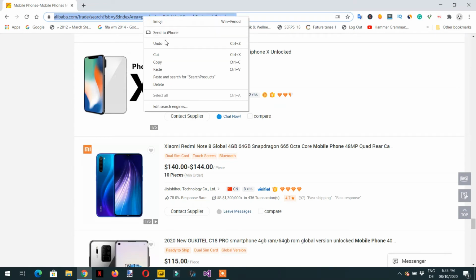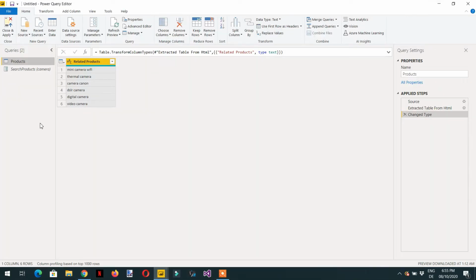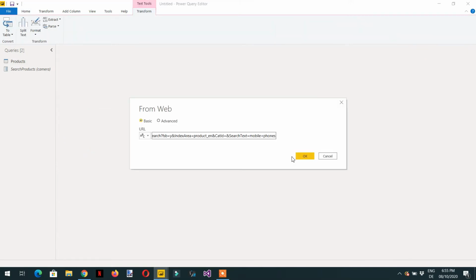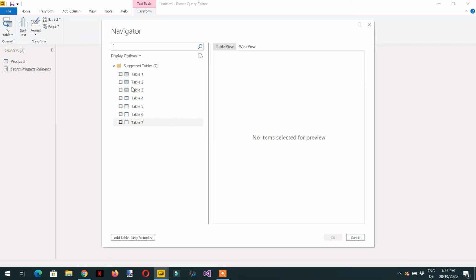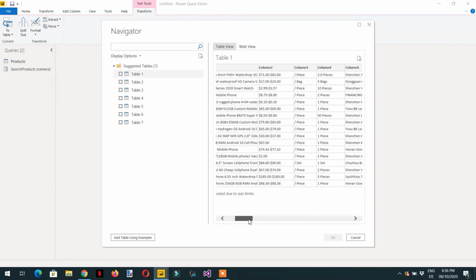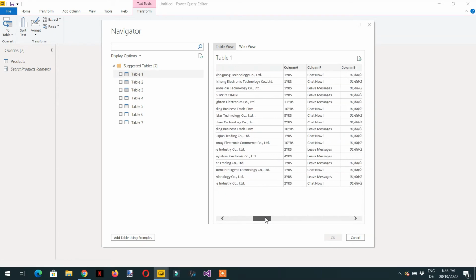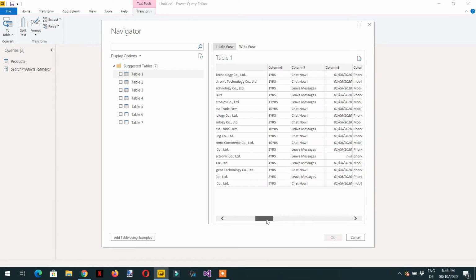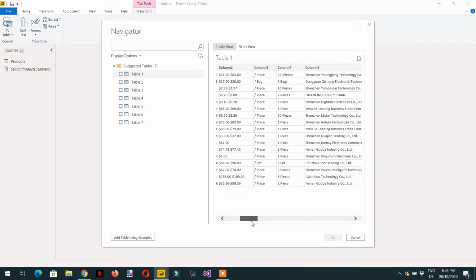So now we need again one query here. Let me copy, and now let's try to get data from the web again, paste, and OK. So here you can see the table 1. So we are interested in this column 1, column 2, and some other informations. The prices are there, yes, prices there, it's fine. So we can take the table 1, click OK,